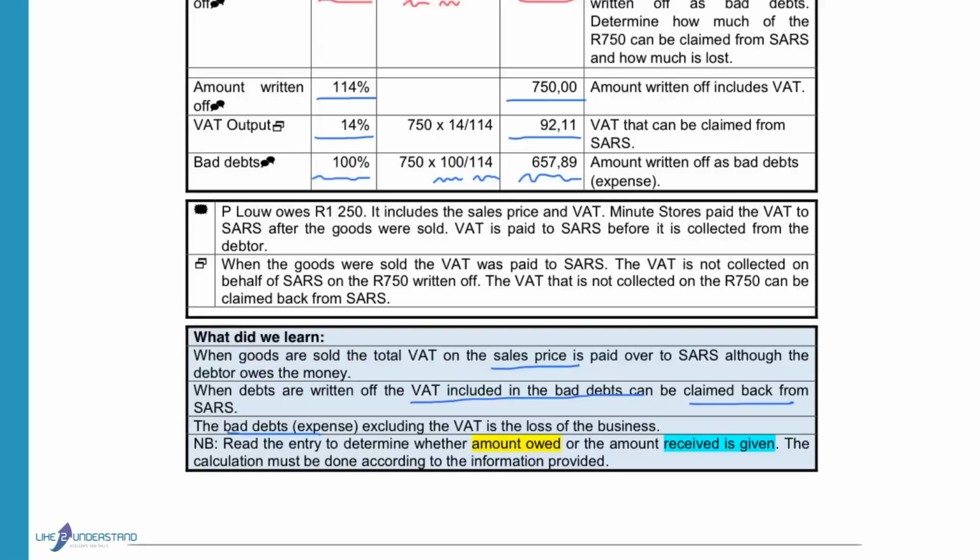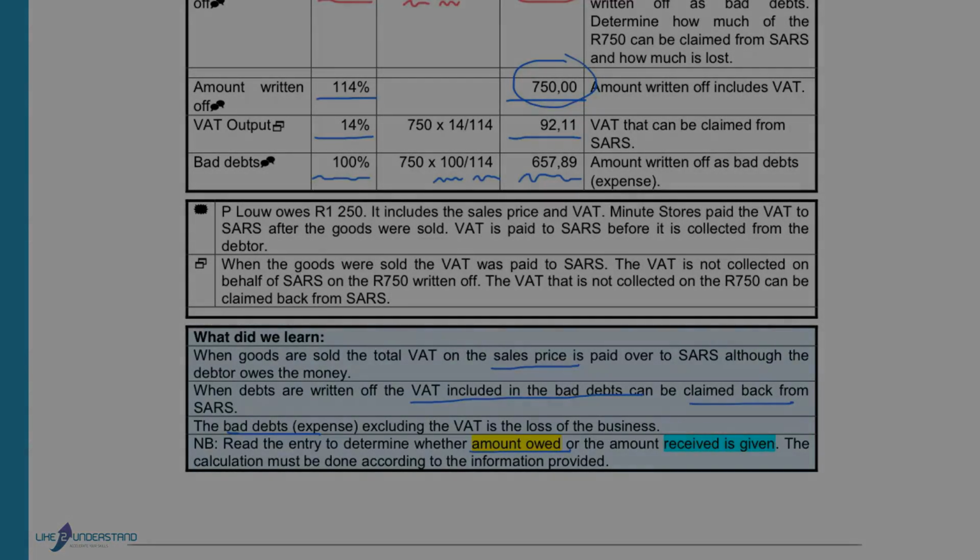Read the entry to determine whether the amount owed is given or whether the amount received is given. In this case, they told us the amount that's owed, and that was the 750. So when we do the calculation, we will say 14 over 114. If the amount received was given, then you would do a different calculation, because you have to show that the amount that is received is only equal to